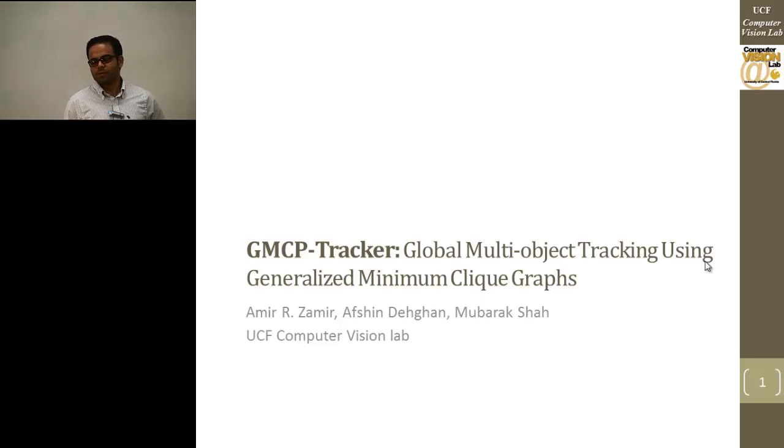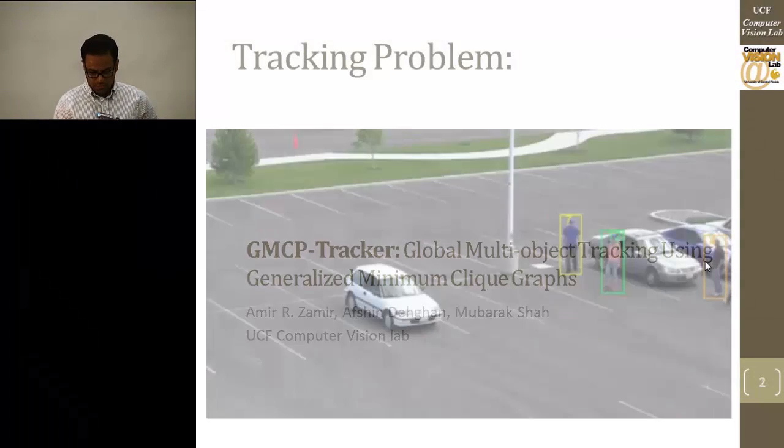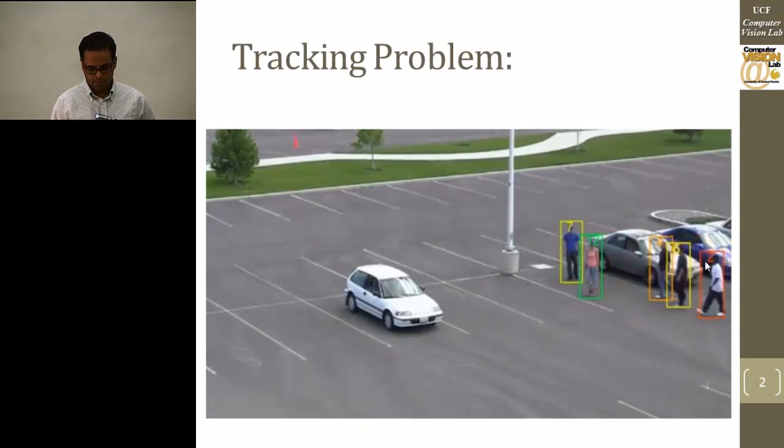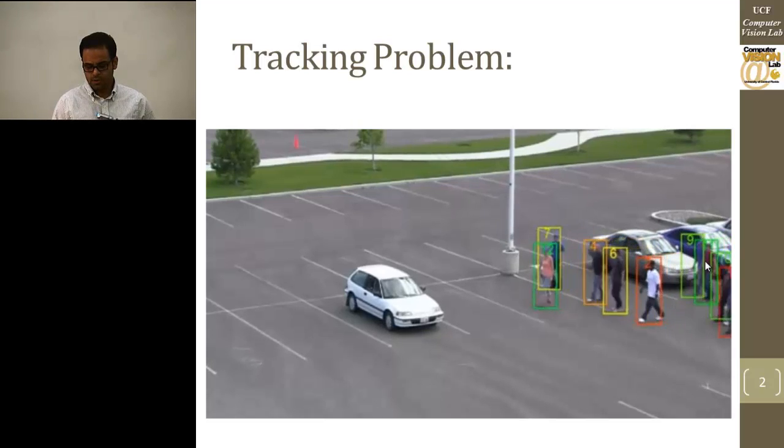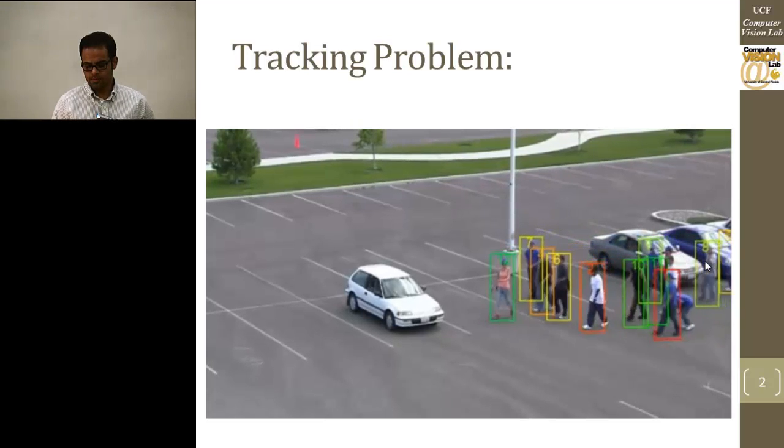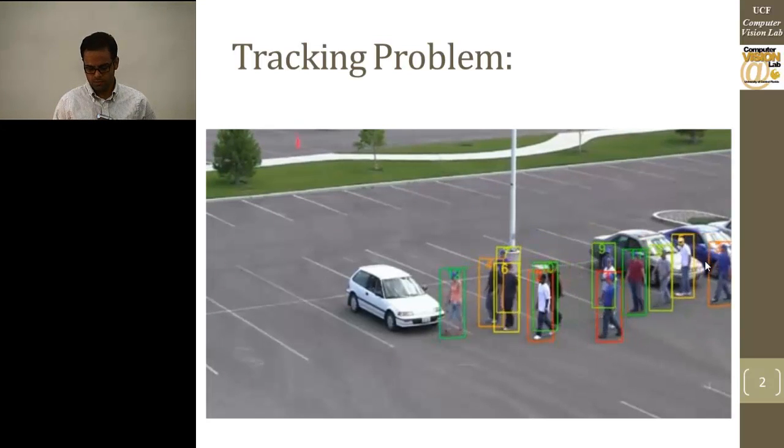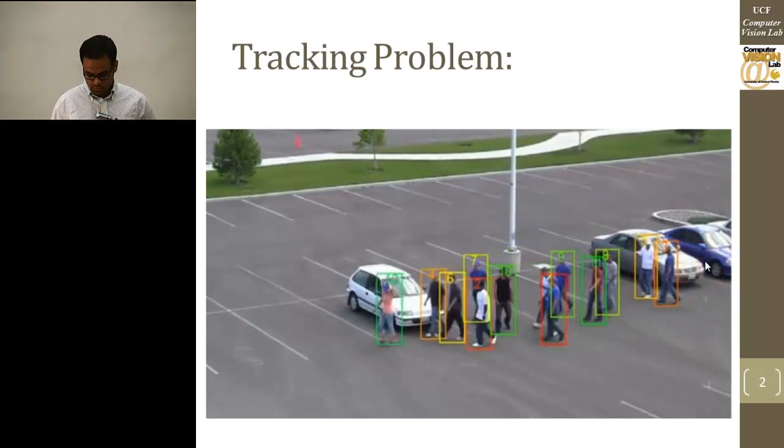So good afternoon, everyone. I'm presenting GMCP Tracker: Global Multi-Object Tracking using Generalized Minimum Clique Graphs. This is joint work I have done with Afshin Dehghan and Dr. Shah. The problem we are solving in this paper is tracking by detection. We have detected people in video frames, and we are trying to solve data association in order to track people